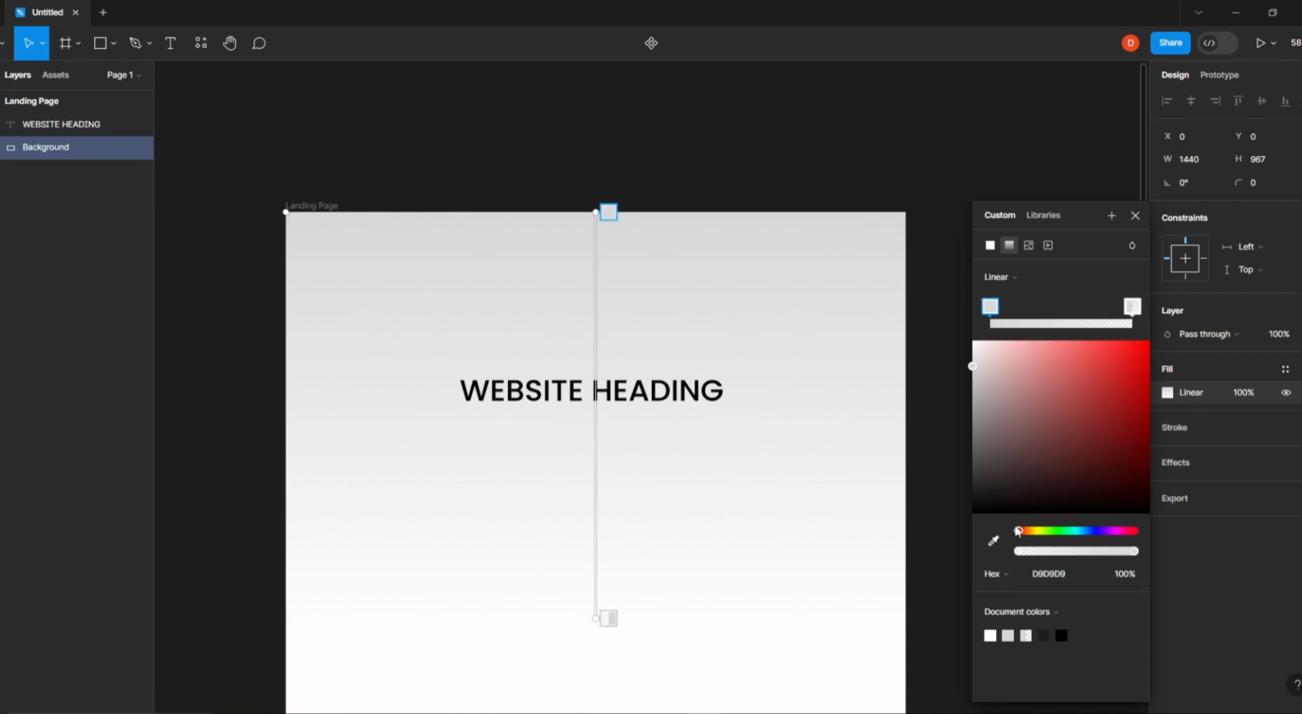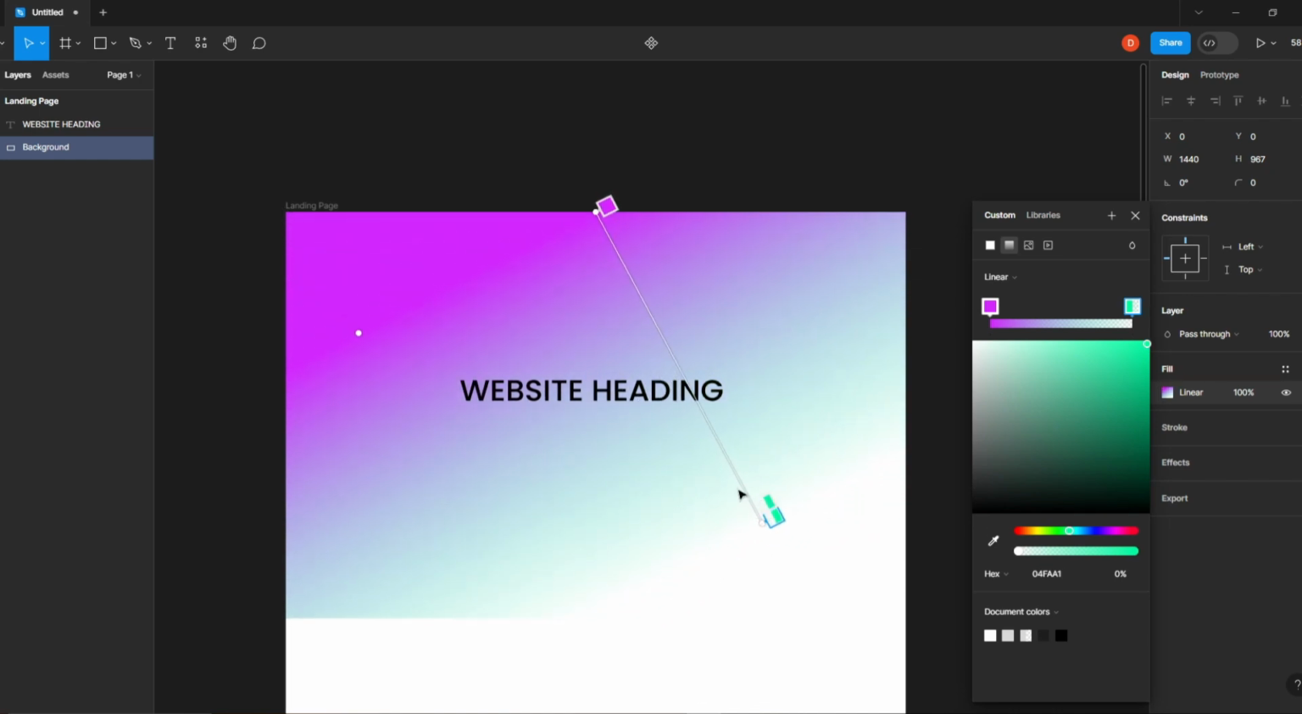So for example, I will choose purple. And the second one will be green color. Okay, this one. And then you can play with it whichever way you want. For example, we can change the degree,